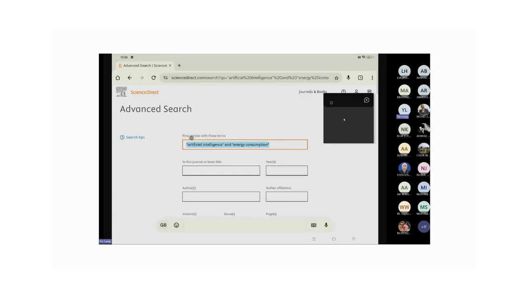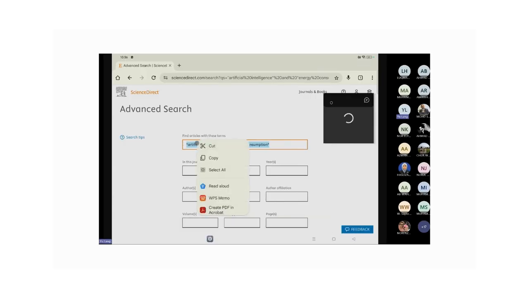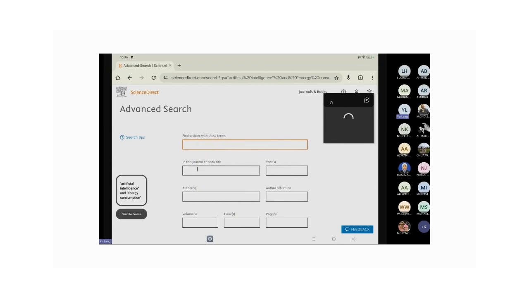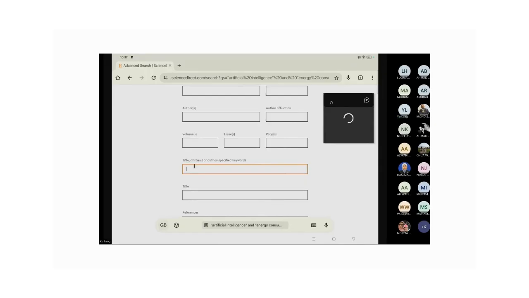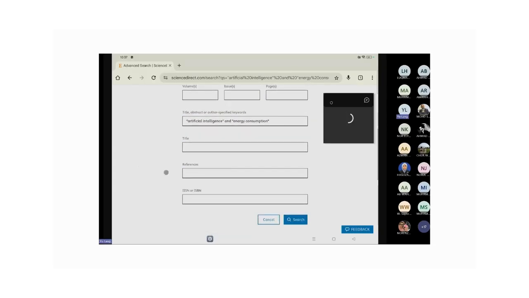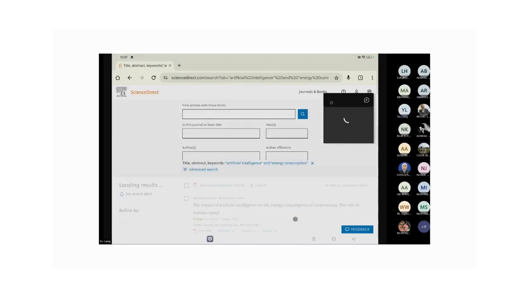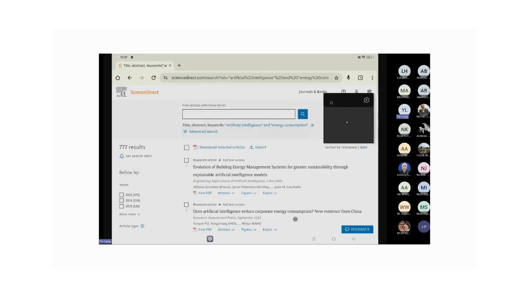So we search in a more specific search field, under title, abstract, or author-specified keywords. We want to search these terms in these 3 sections of the article only. Then it will further narrow down to about